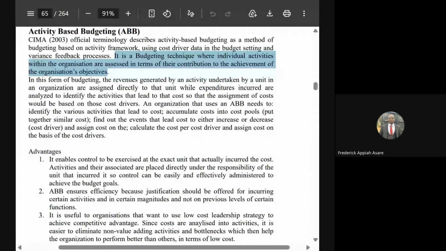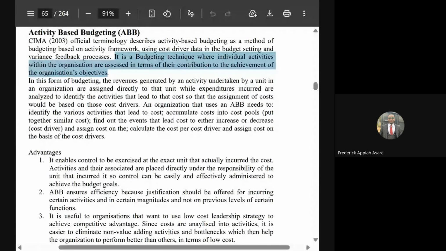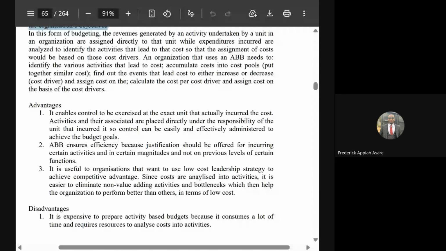Then they sum it up, or they prepare it on the basis of the activity. So for 6 March, you will need 50,000 Ghana cedis. This one, you will need 500,000. Republic Day, you will need this amount. That is how the activity-based budget is being done. And before they add it, they will try to analyze its inclusion and exclusion.